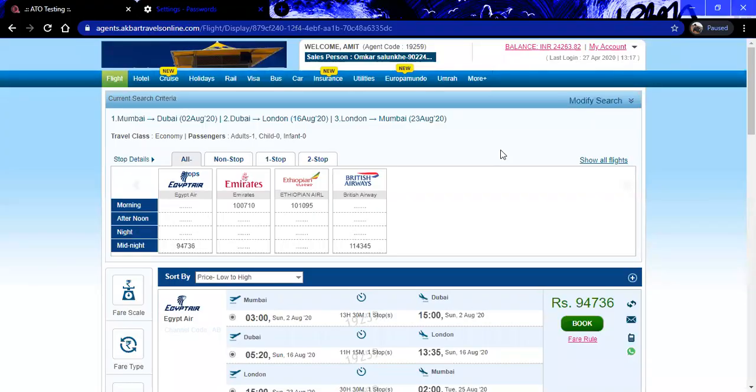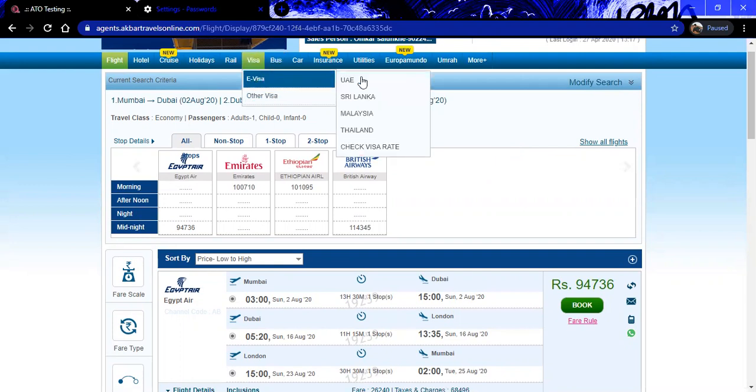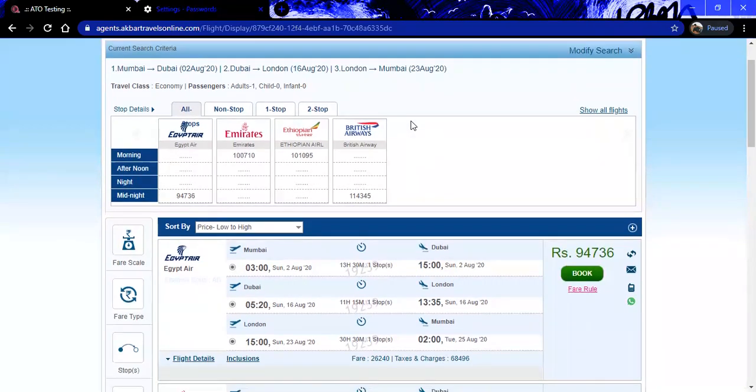So here we are with the availabilities. We are getting four flights of availabilities in front of us for multi-city. Coming to the first, we have again a modify search, which can be altered from here. The first journey which we have selected is from Bombay to Delhi, the second is Dubai to London, and London to Bombay will be the third. So this is how we searched for a multi-city.